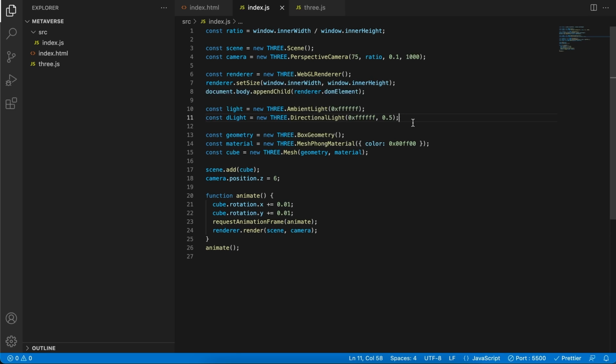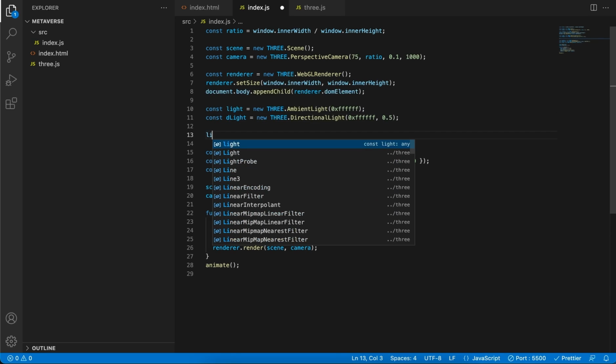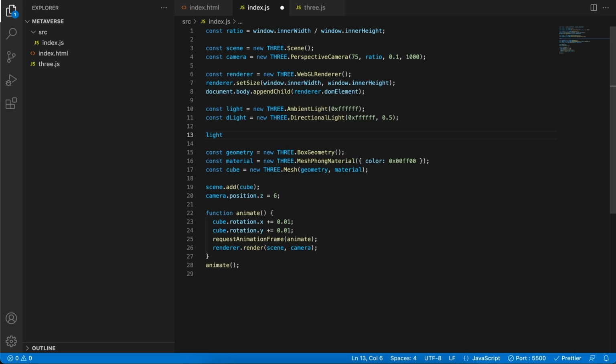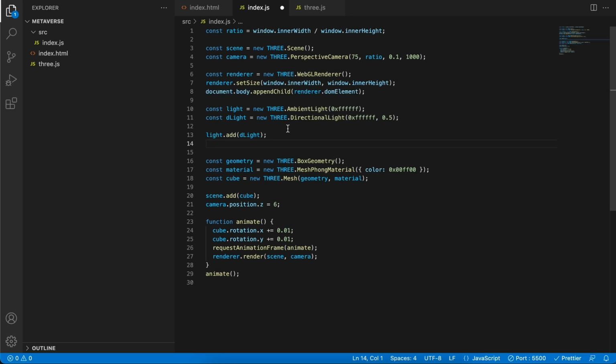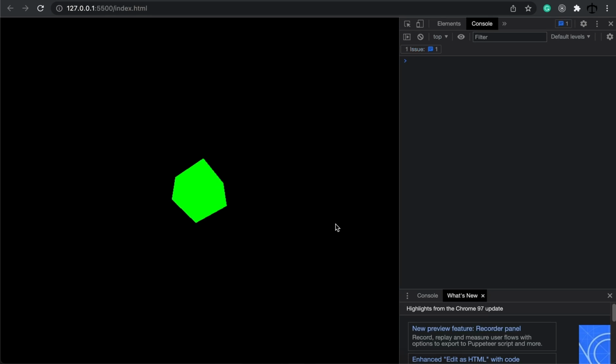Now that we have a light as well as a directional light, we can actually add the light, which is a bit weird, but we're going to add to the light, not to the scene. We're going to add to the light the directional light. Once we have done that, now we can add to our scene the light. Now, if we save this and we go to our program, we can see the cube again